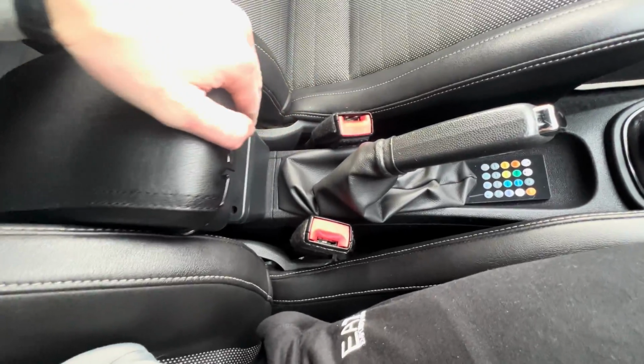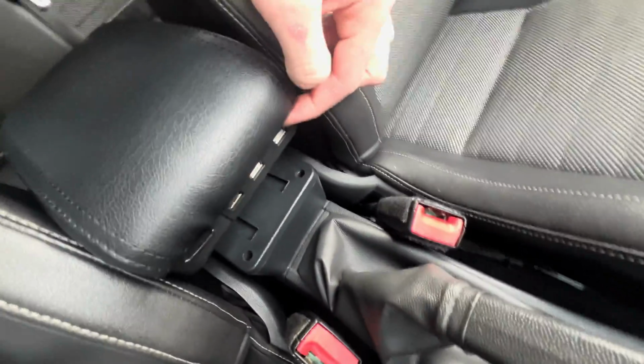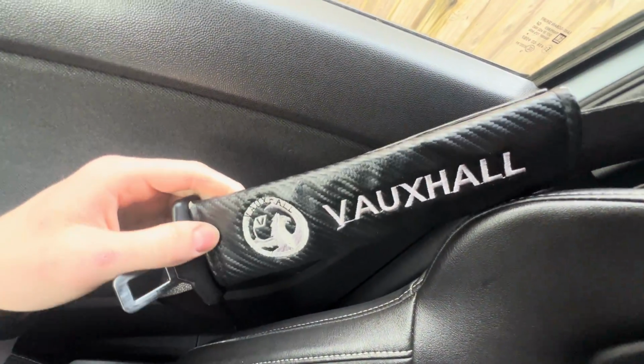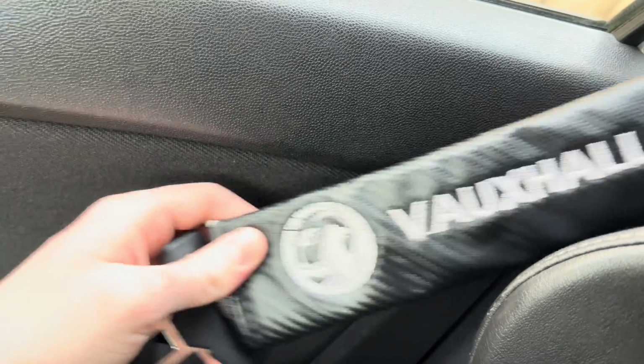And all you do to take it out is literally just lift it up, and you can move it frontwards and back, and you can put USBs in there, 3 at the front, and I think 4 at the back as well, which you can see there. The seat belts are standard as any other Corsa, but I did get these Vauxhall leather carbon covers, which are really nice. It gives off that aesthetic look, and it gives the car a bit more to it,